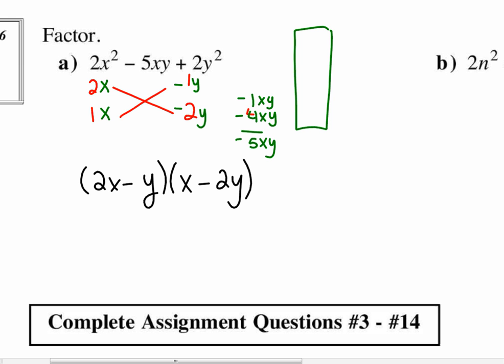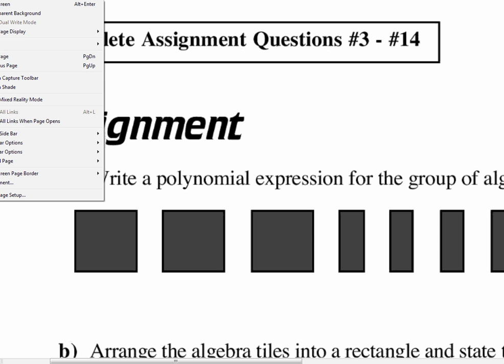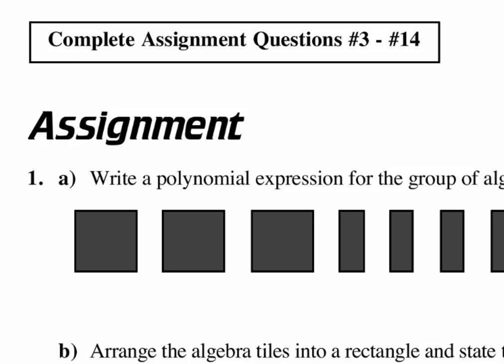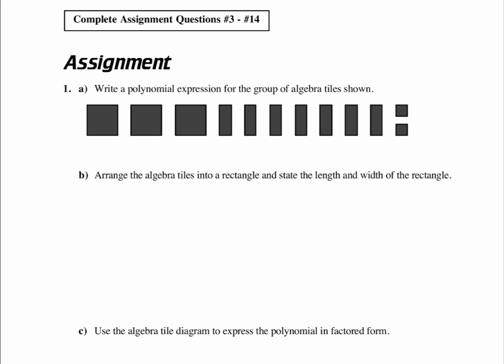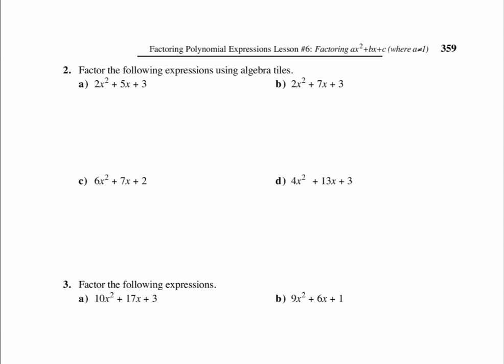Yeah, let's skip B. Yeah? Okay. So the assignment is, you ready to highlight? I'm going to zoom out. Highlighter. So today we're on lesson 6. Okay, skip number 1 on the page. You do not need to do algebra tiles if you don't want to. You can just factor, okay? Just good old same method every time if you want. So 2 to 4 ACE,